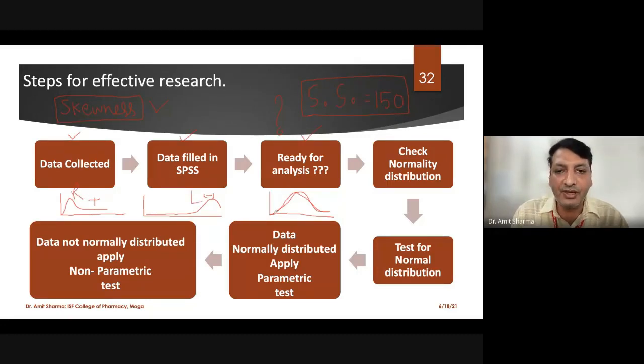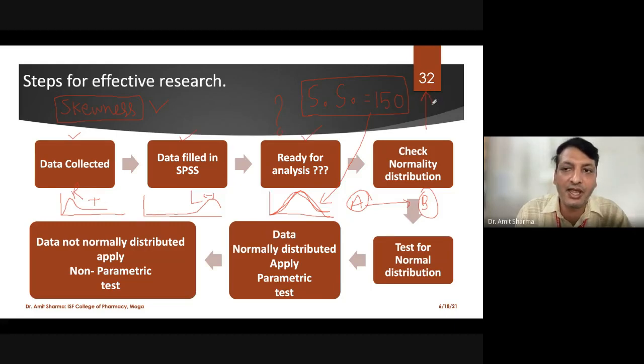So whenever we have got the bell-shaped curve, it means the 150 participants are more than sufficient to prove that A is causing B. Clear? And if you got skewness in your data, it means that 150 participants are not sufficient to prove that A is causing B. For that, we now have two different options. Option number 1: increase the sample size of your study. You have to increase the sample size of your study.